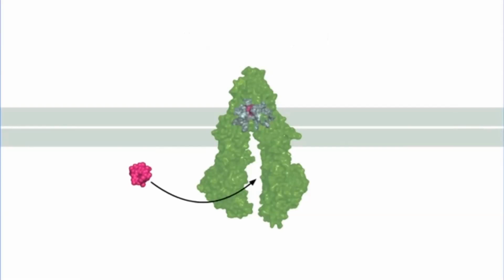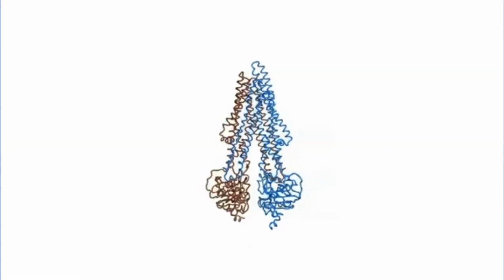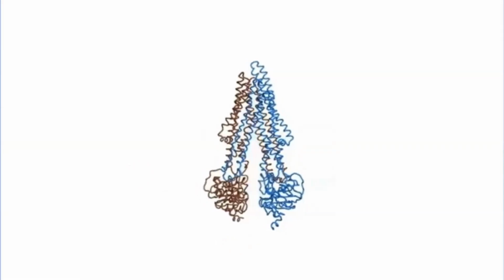Energy is required to pump drugs out of the cell. P-glycoprotein is an ATP-dependent transmembrane protein. An ATP must bind to the interior nucleotide binding domain in order to pump a drug or toxins out of the cell. Switching to a ribbon representation of the pump, we can observe the dramatic conformational change in the pump